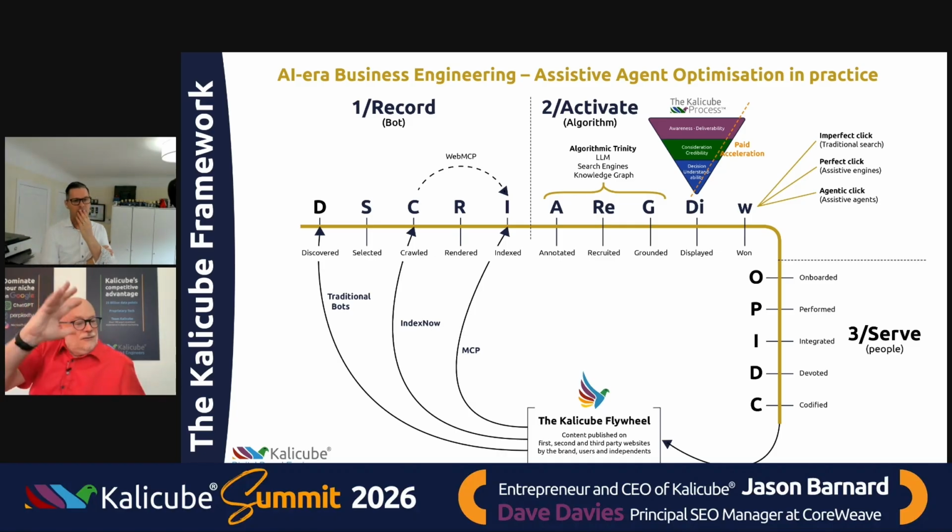And the point there is now you've got the agent as a client. So you've onboarded them. The person's gone through and they said, okay, now I'm signed up to Weights and Biases. You then need to perform for them, but you're not performing for the person. You're not delivering to the person over time. You're delivering to the agent. And if the agent finds that you are not satisfactory, it will suggest a different solution.